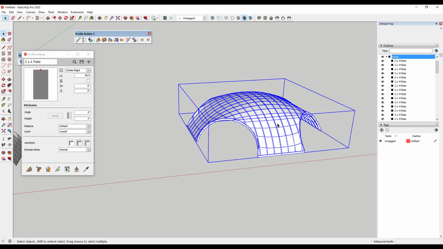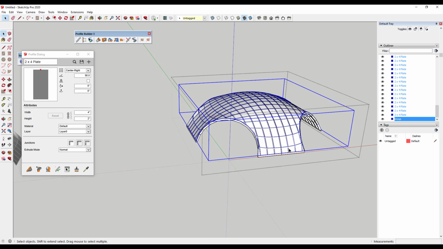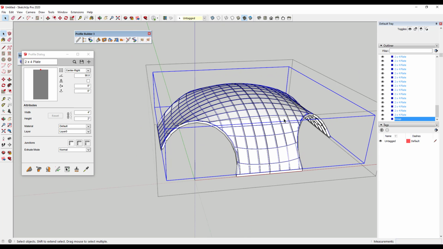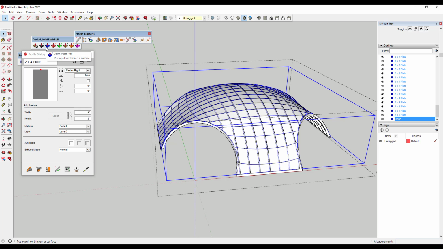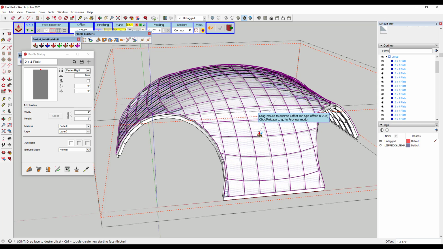Well, then what I want to do is take this whole face and go ahead and make it a group. I want to give it just a bit of thickness. To do that, I'm going to use the extension Joint Push Pull from Fredo 6. What Joint Push Pull does is allow us to give some thickness to an object or to a curved face. So I can just click on this face and move my mouse up,